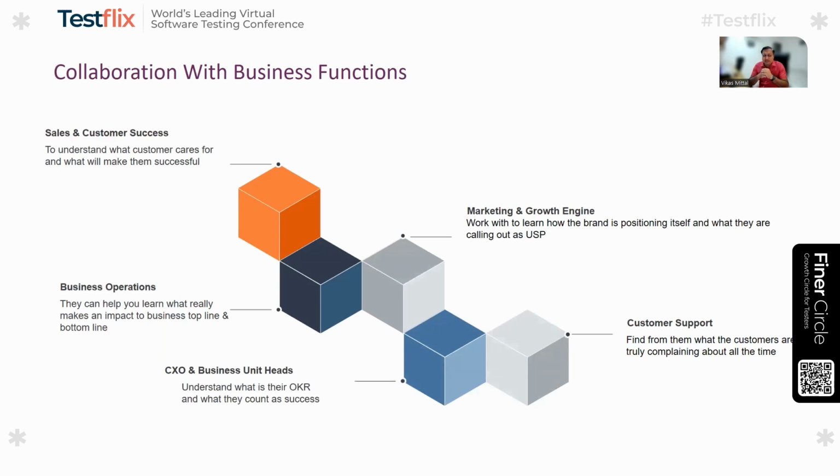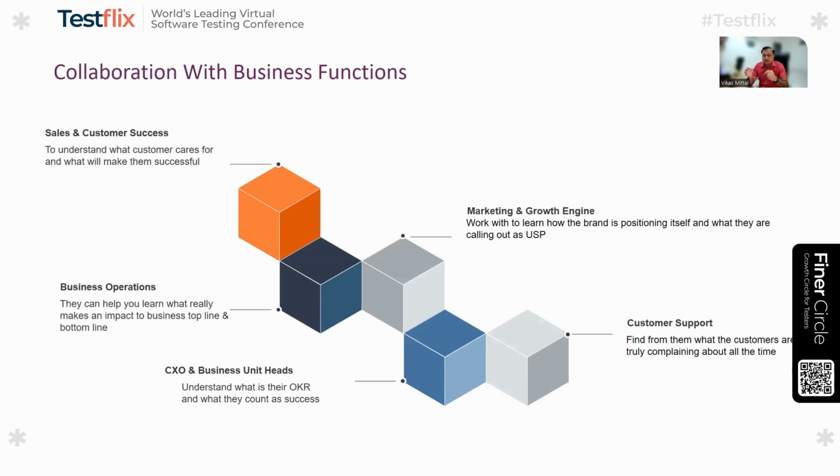The business operations team can help you understand the key KPIs or KRAs which actually make an impact on the business top line or the bottom line. The customer support team is a good ally for a quality engineering team because they are the ones who face the customers day in, day out. They are the ones who know where the customer is truly struggling